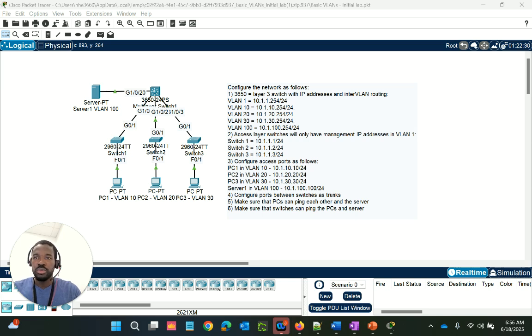Today we are going to build a basic campus network where we have one server, one multi-layer switch, three layer 2 switches, and three PCs in three separate VLANs. We're going to make our layer 3 switch work as a router, so it's going to route traffic between the VLANs. We're going to perform inter-VLAN routing, and we're going to make sure that the server is in its separate